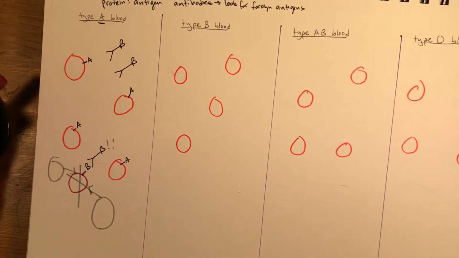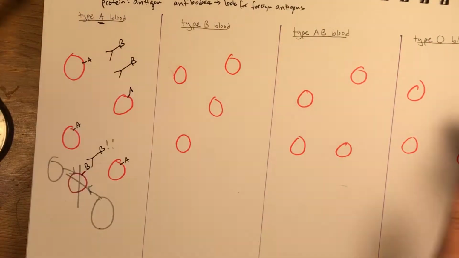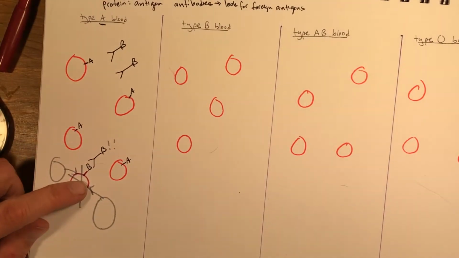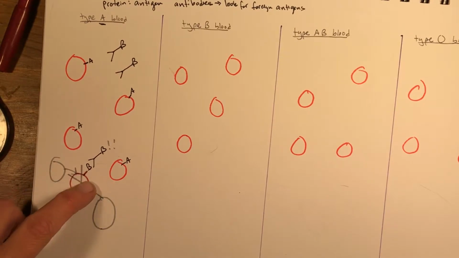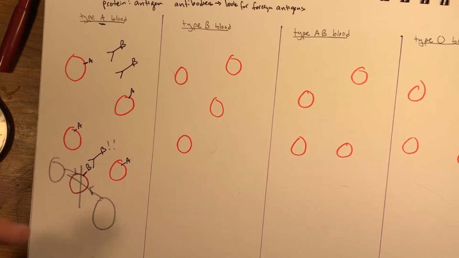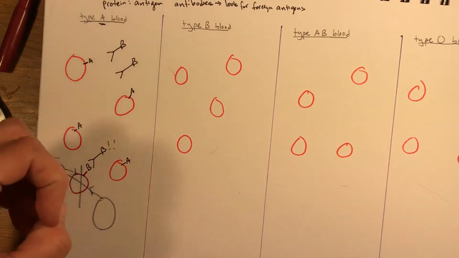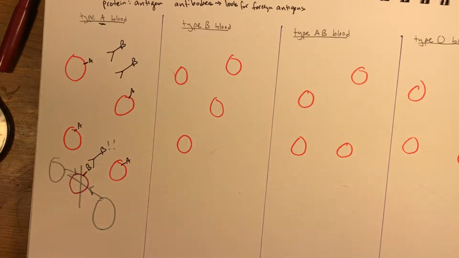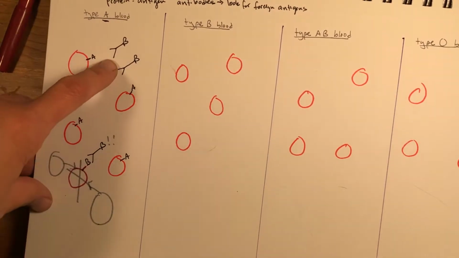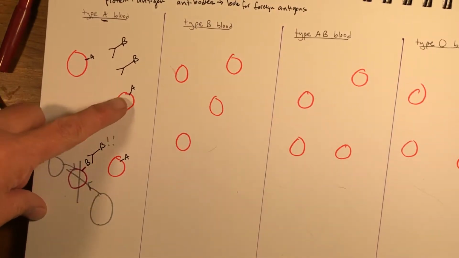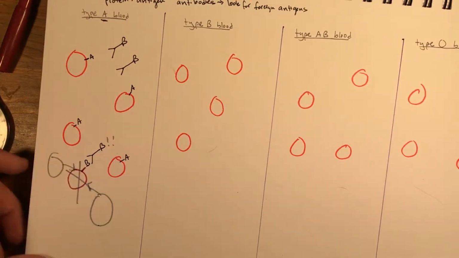This is where something called agglutination happens, where if you're type A blood and you're given B blood, your antibodies will be alerted. You'll start breaking down all the blood that's coming into your system, and when you break down that blood, you release hemoglobin into the system. It starts creating these huge clots, and then you go into organ failure. So it's very bad. You don't want to get the kind of blood that you have antibodies for. You want to get the kind of blood that you have the same antigens for.